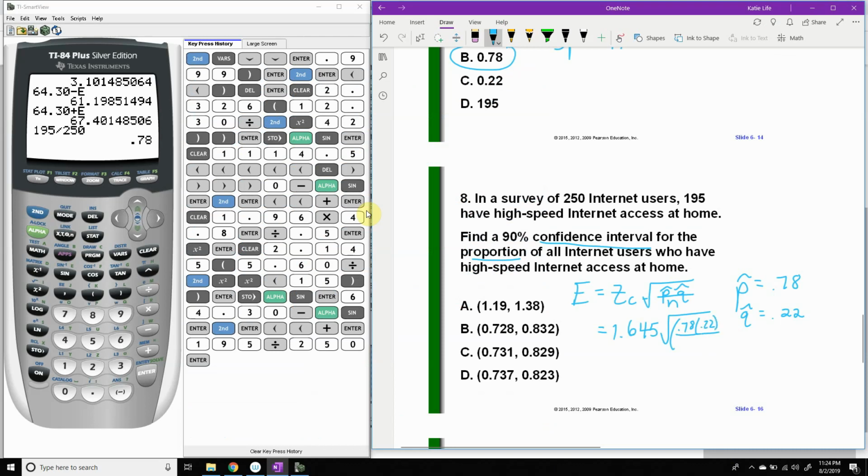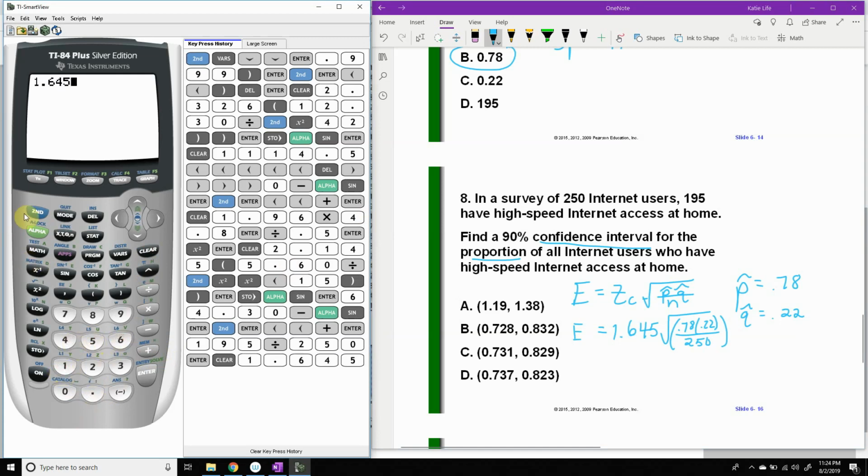And we're going to divide that by 250 because that's our sample size. Now this whole ratio is inside the square root, so you got to be really careful about how you enter these in the calculator. If you're doing this all at once, parentheses are your friend. So we're going to say